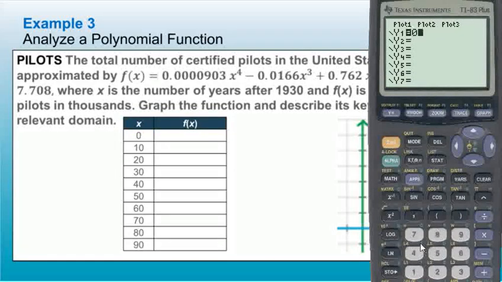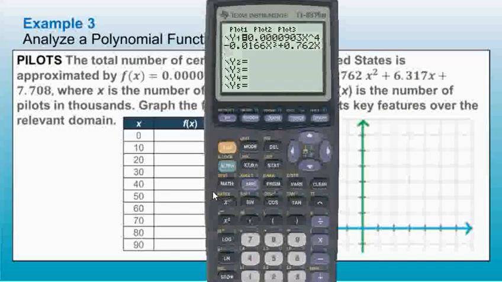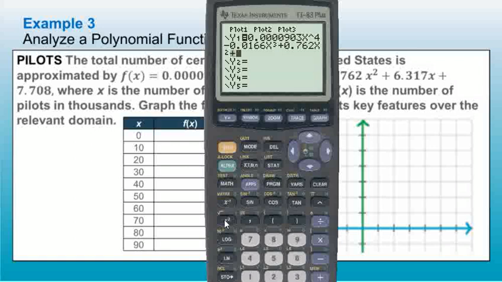We have 0.0000903 x to the fourth, minus 0.0166 x cubed, then we have plus 0.762 x squared, plus 6.317 x, plus 7.708. And if I hit graph,